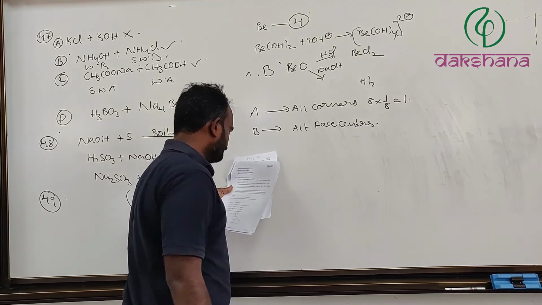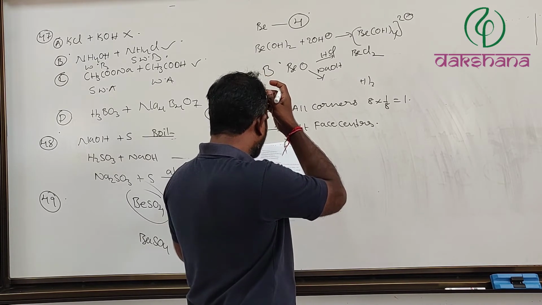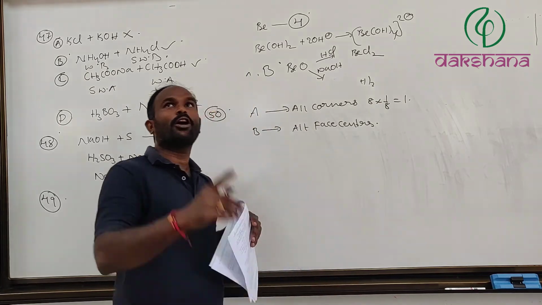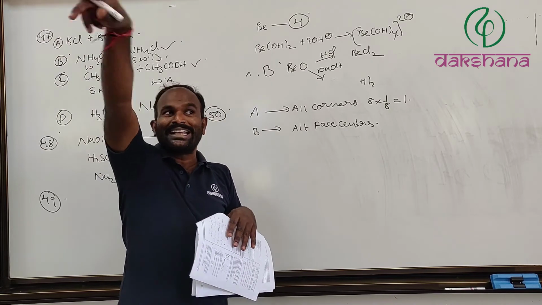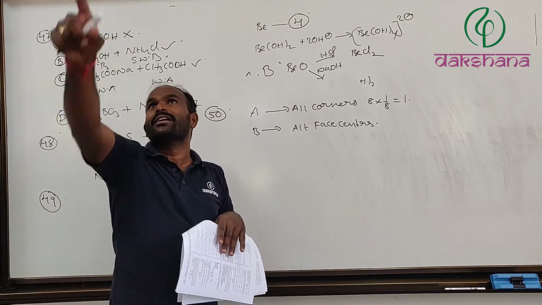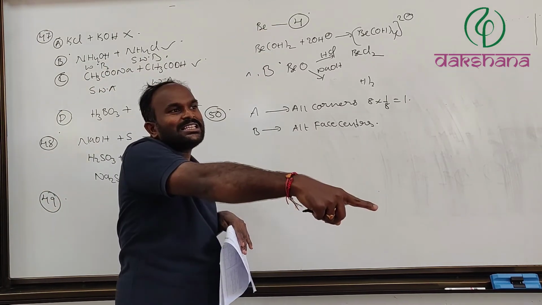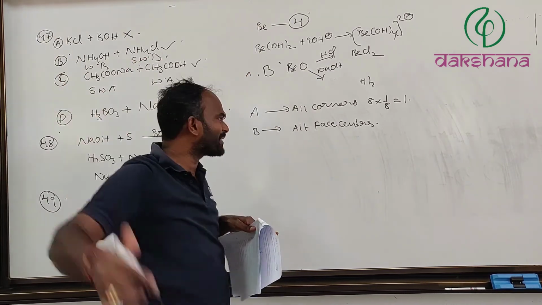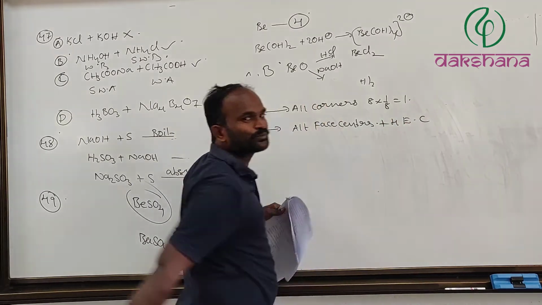And also not common to the phases containing B atoms at the edge centers. So edge centers are present, but the atoms of B are not present at those edge centers. For example, if above 1 and below 1 are both present, this edge center should not contain B, as well as that edge center. Overall 8 edge centers will not be present, so only 4 edge centers will be present.